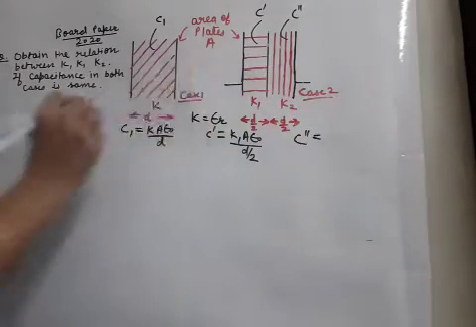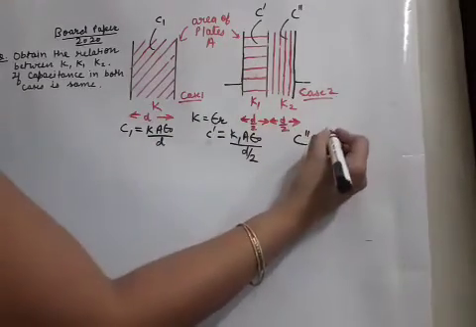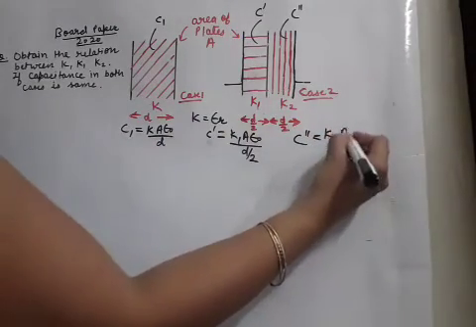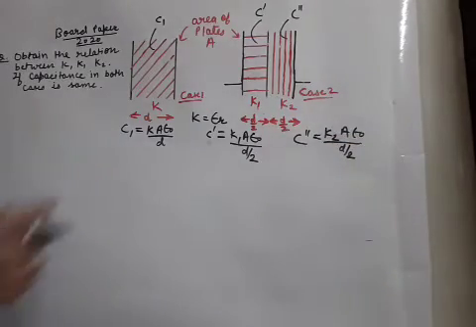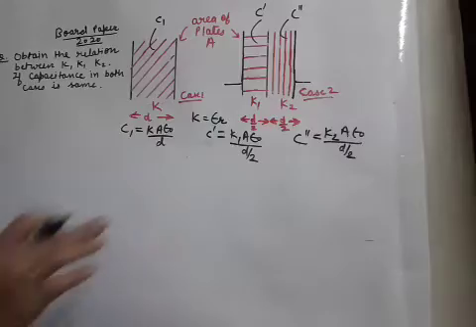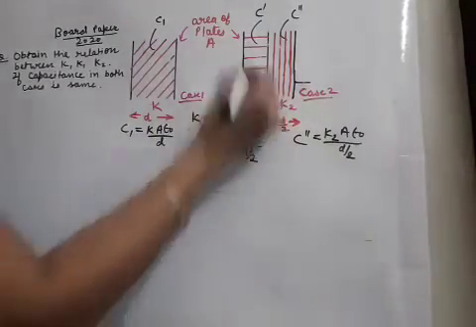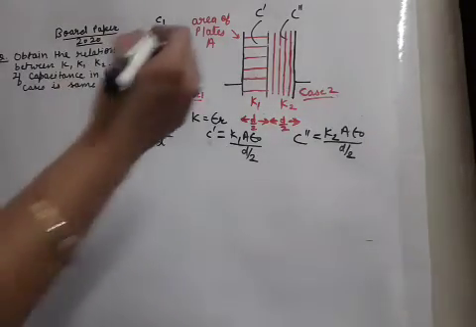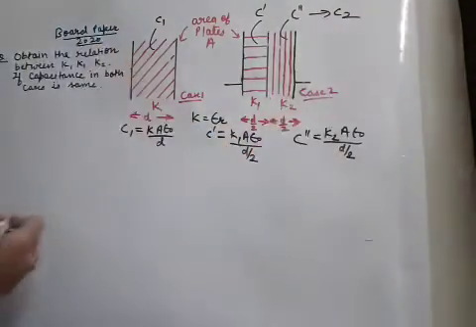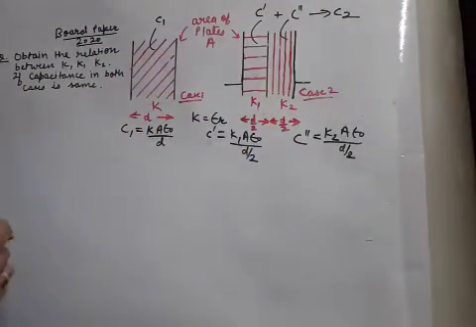That means we have to hide the first part and see only the second part. Here the medium is K2, A epsilon 0 upon separation D by 2. Now C dash and C double dash are prepared. But still we have not got the final answer here. So suppose we call the final answer of C dash and C double dash as C2. Now how to get C2? Should we add them directly or is any other option there?